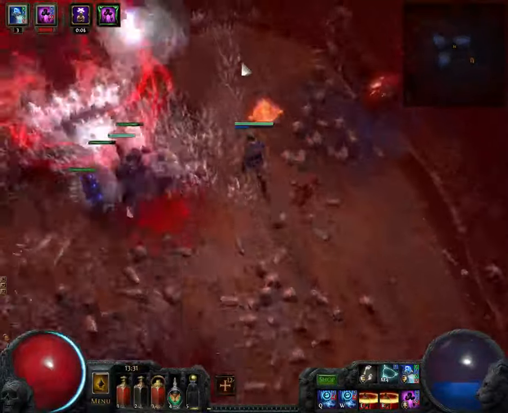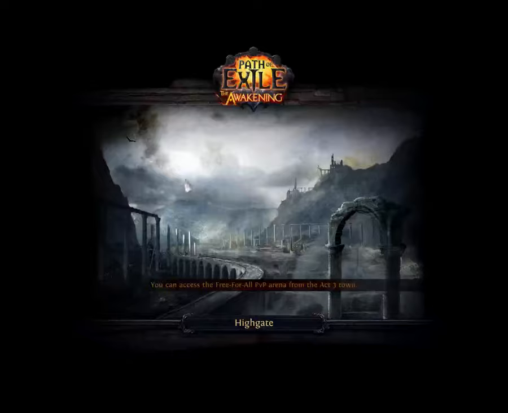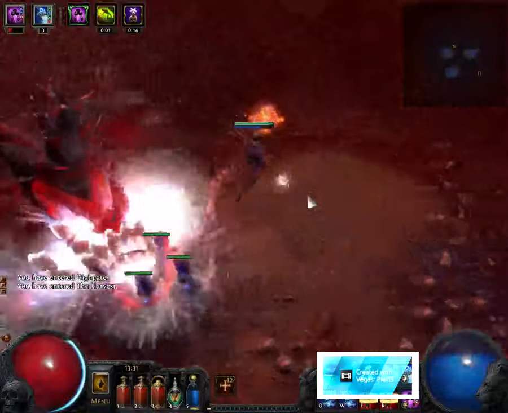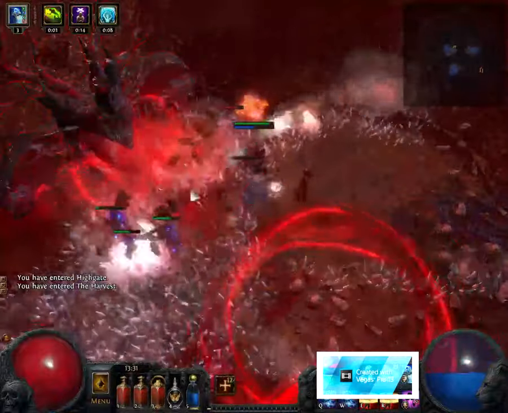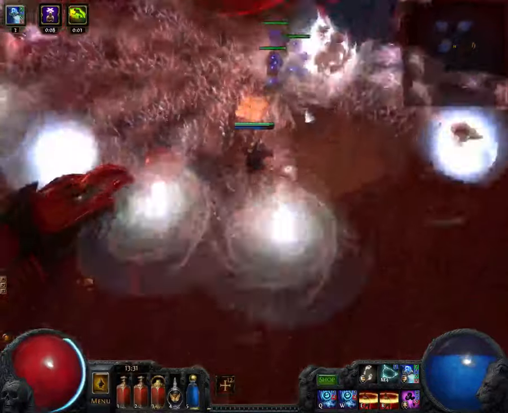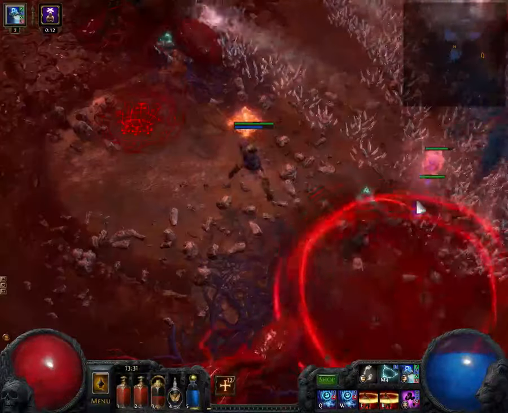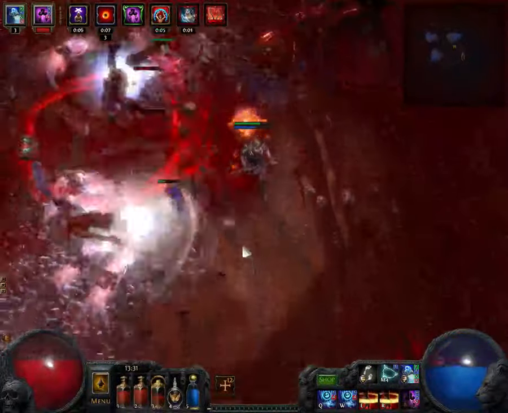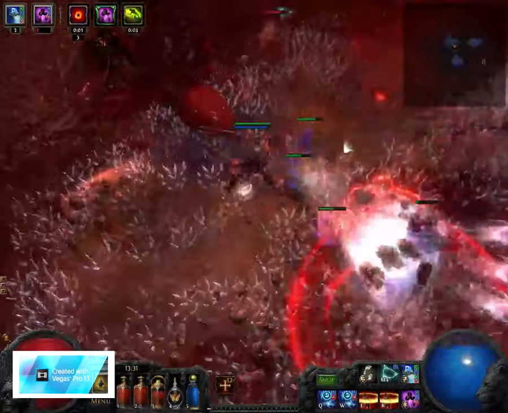Alright, final heart. Now we got the ground thing moving around. Let's go ahead and get out of here quick. Just burn that down. Moving on to final phase. Needed to take that hit too. Ground effects get really hard to see in this fight, but